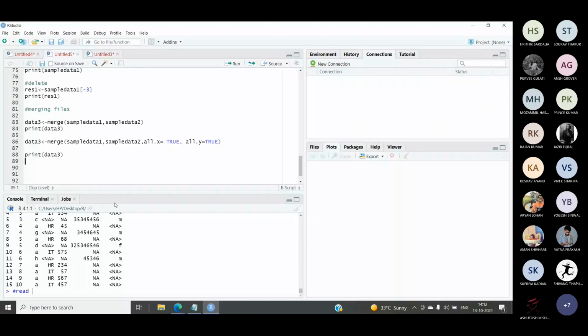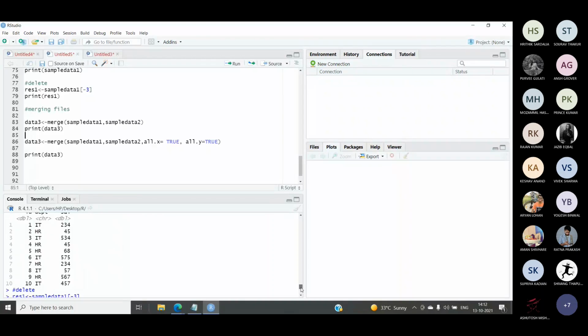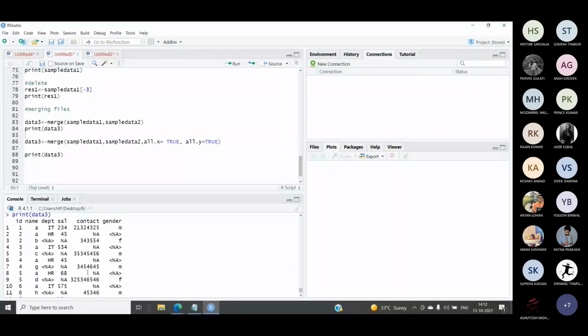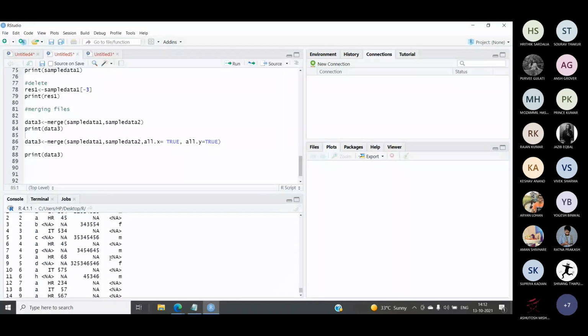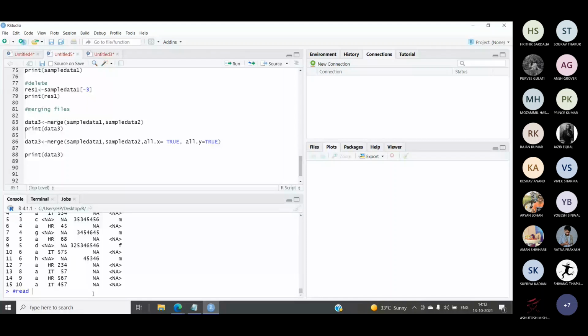So the same thing has happened over here. It has worked just like your left outer join and right outer join, but it has worked on X, where X is treated as rows and Y is being treated as column-wise merging. So you can say if there is an exact match found, then for that exact match, it has worked with these not applicable values. Fine. It has embedded these not applicable values, and in total 15 rows are returned from the two data frames, that are sample data 1 and sample data 2. So this is how you can work for merging of the data frames.